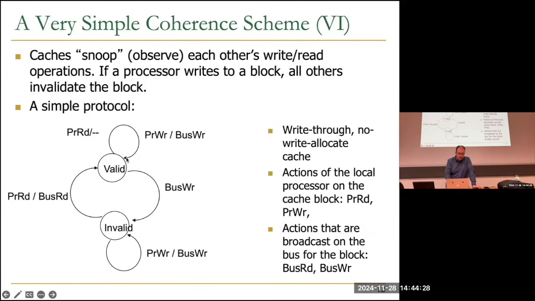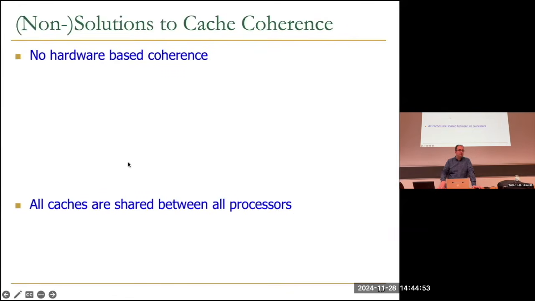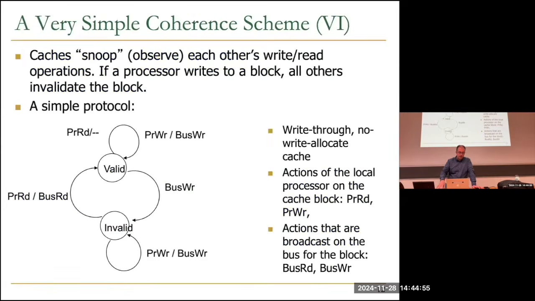So now you're in a valid state, and then at some point you do a processor write. So you want to write to that block. As long as you do processor read, let's say first, as long as you do processor read, basically you stay in that valid, right? You don't do anything. But when you do a processor write, you need to send bus write. Still you stay here because you have the cache copy. So it's valid, and you have a write hit. So you stay in this state. But at the same time, you also send bus write to the bus.